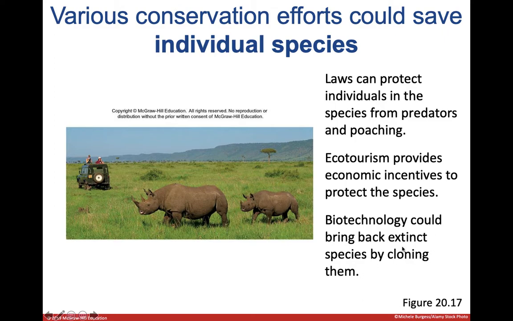And then eventually, hopefully, we will be able to clone extinct animals and bring them back from extinction. Things like the dodo or rhinos that eventually will go extinct, hopefully not in our lifetime, but eventually they will. The thylacine, the Tasmanian tiger, and things like that eventually will be brought back from extinction, the passenger pigeon.